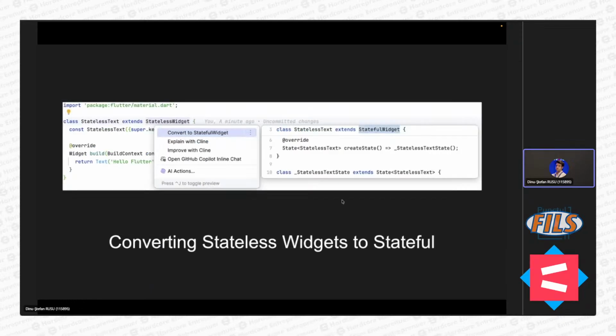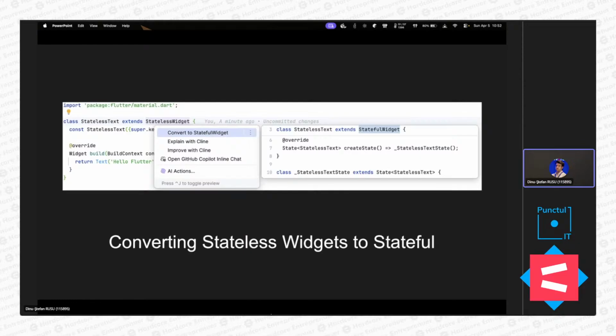If by mistake you've made a widget that's stateless and you want to convert it to stateful, all you have to do is, on the extends StatelessWidget part, right click in your Android Studio and you will have a menu that allows you to convert it to a stateful widget, and the code will be automatically converted for you. So you don't have to do anything here. So if we look in the code itself